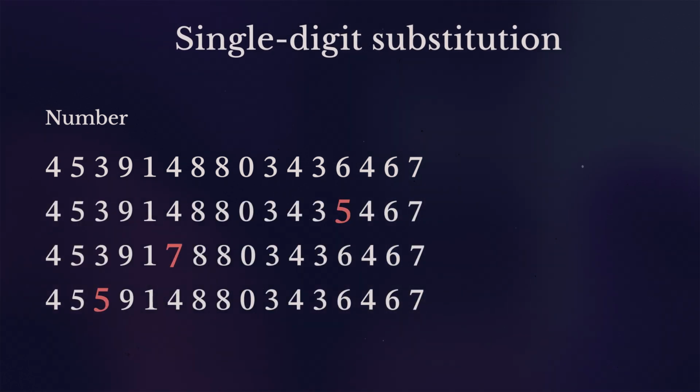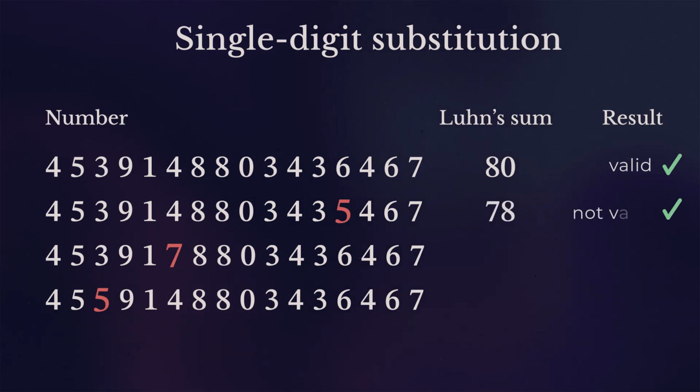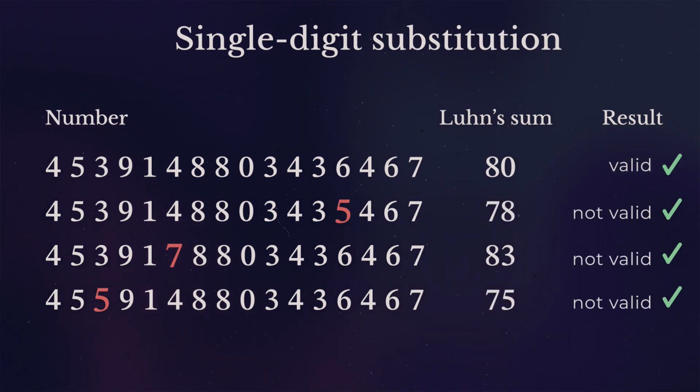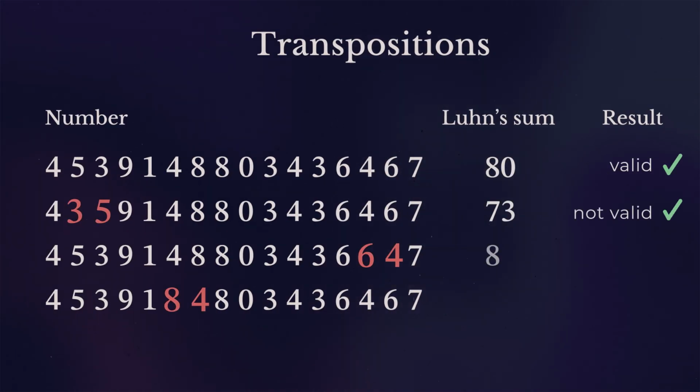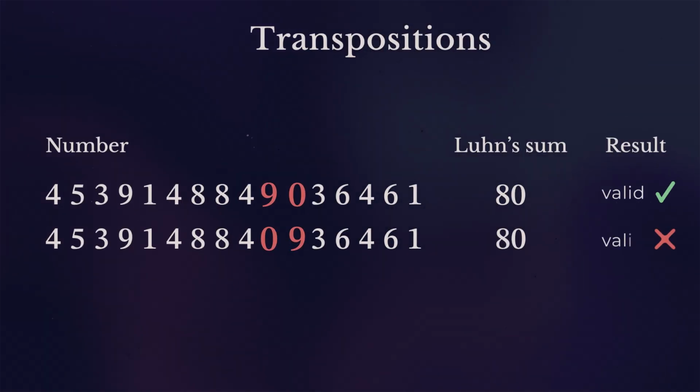Change any digit anywhere, and the sum changes by an amount that cannot equal 10. The check breaks. It catches almost every adjacent transposition, with one exception. A 09 flipped to 90 produces the same sum,